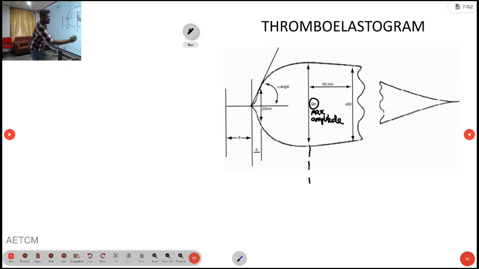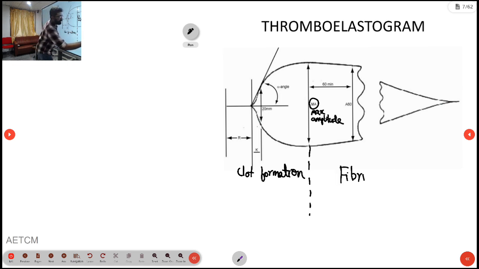So till here is the region of the clot formation, and here is the area of the fibrinolysis, where the clot gets dissolved. Okay. So initially we have an R. R is called the reaction time. Reaction time is usually what is